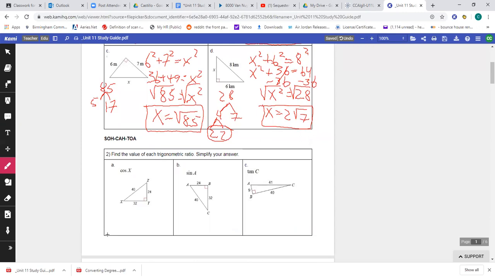So remember what this means: sine is opposite over hypotenuse, cosine is adjacent over hypotenuse, and tangent is opposite over adjacent, right? So if I want to find cosine of x,